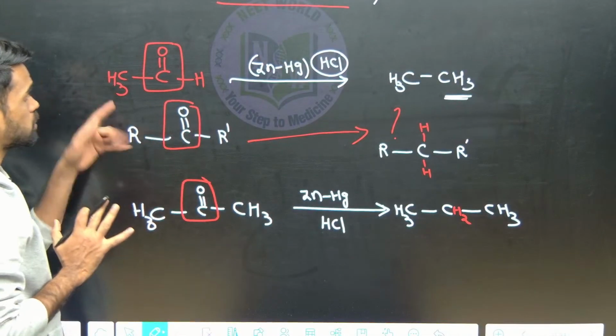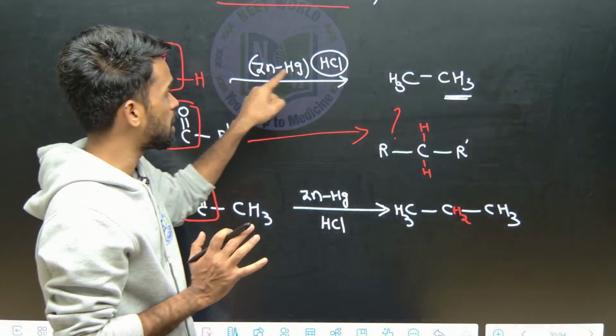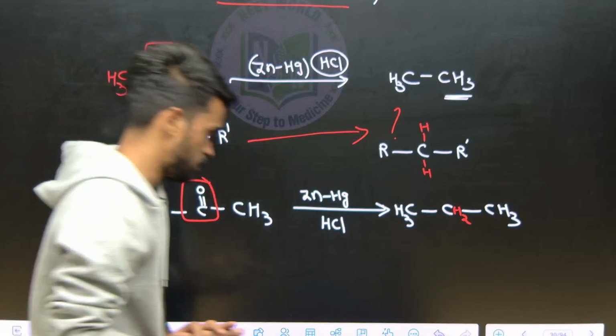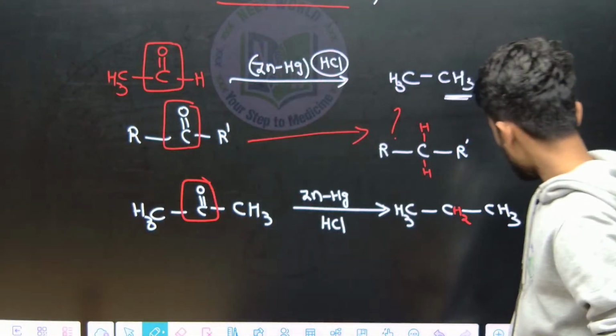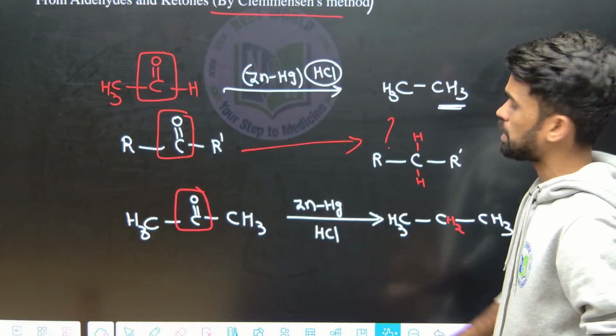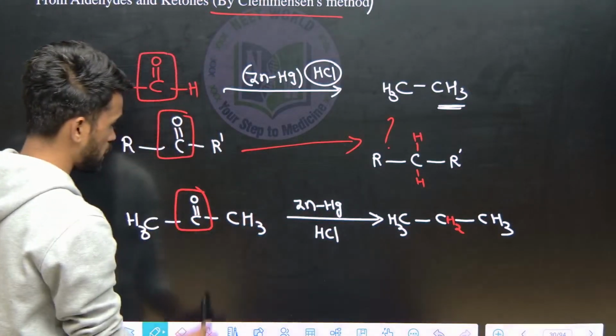It happens only for aldehydes and ketones: when you treat them with zinc amalgam and acid reagent, it gives this kind of product. Okay, right. Then the next one is the same thing happening with one more reagent. What is that reagent used here? See, the same transformation can also be done using